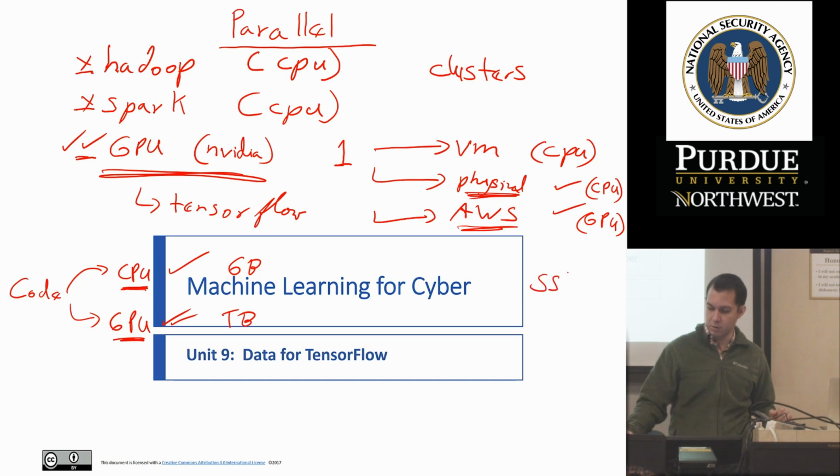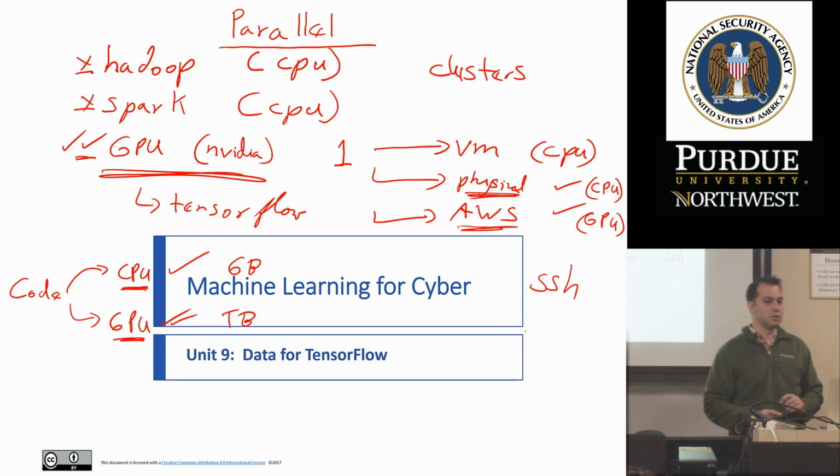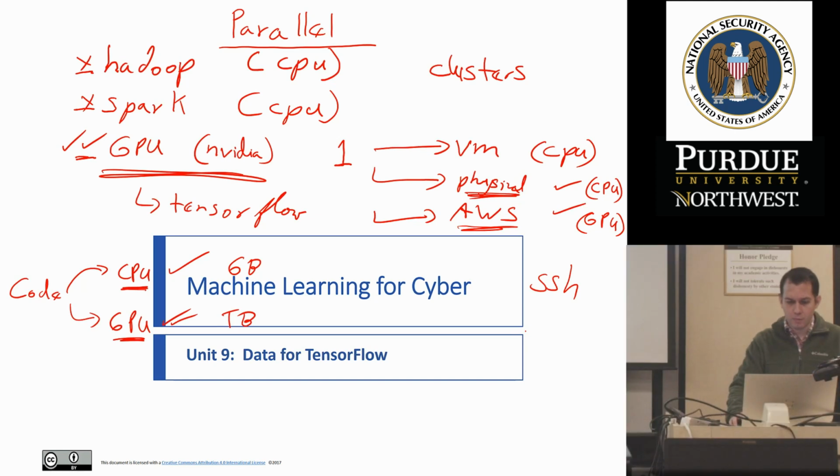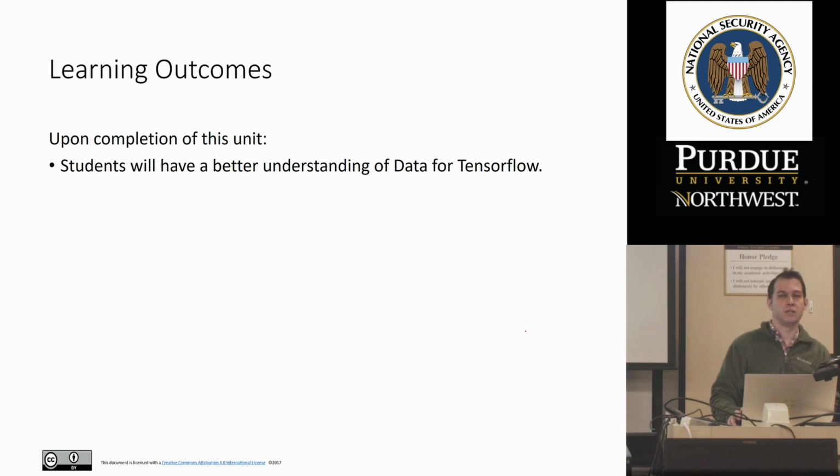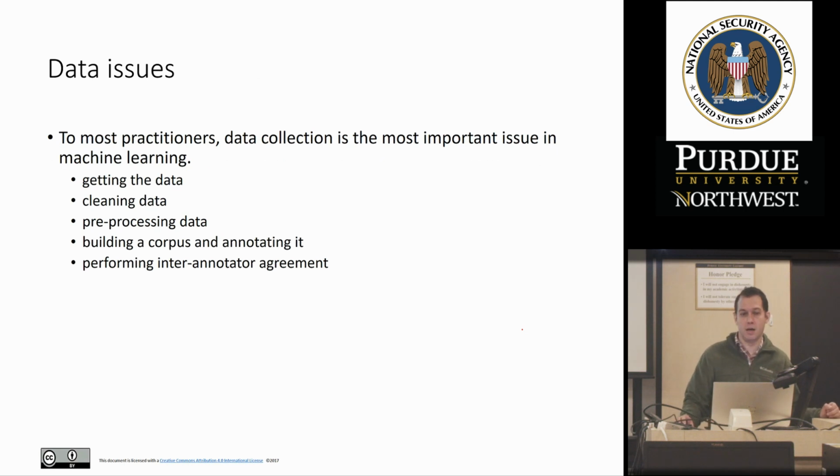To access these, we will use a tool called SSH. All right? So anyway, that's the transition that we're making. All right? So this is why we need TensorFlow. All right? So data issues with TensorFlow